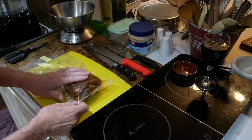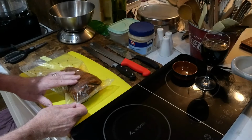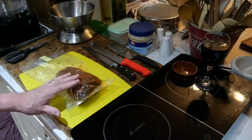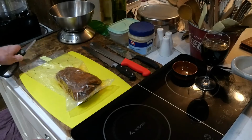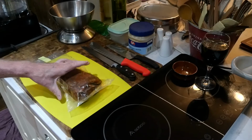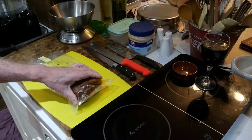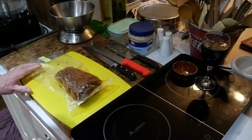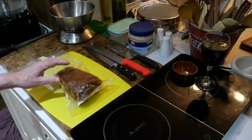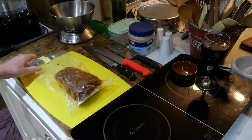Today we're completing the trio of videos with regards to capicola. This piece of capicola, the pork shoulder or neck as it could be known as, has been on the go since the 6th of July. It was first placed into a vacuum pack and then it was salted for 10 days, and then from the 16th of July until today it's been in this bag,